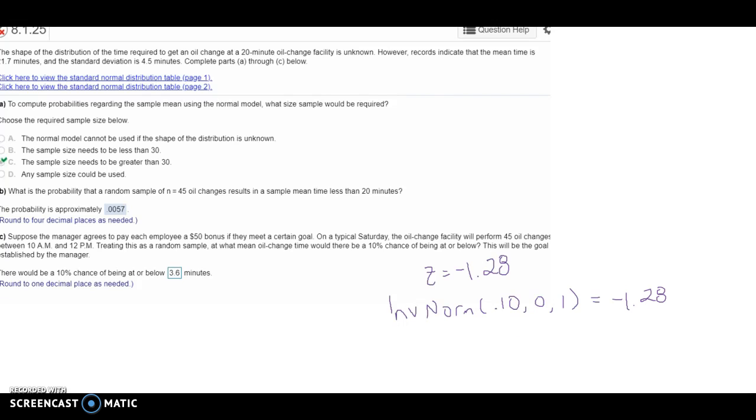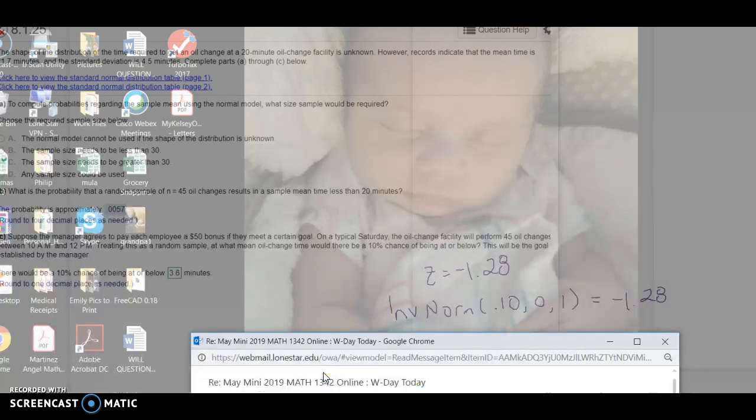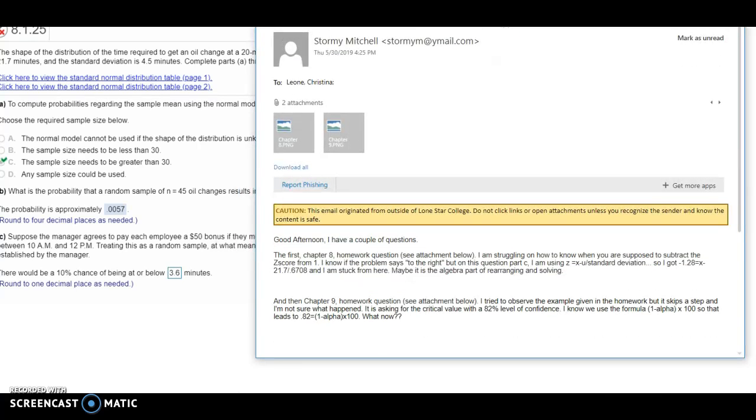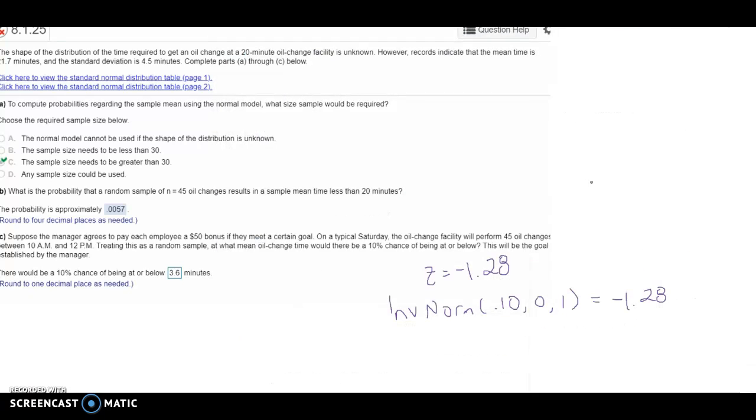Let me check your email real fast, make sure that's what you said. Sorry, let me just double check. Yeah, negative 1.28. Okay. So with that z-score, you can set up the z-score formula, x minus mu over sigma, which looks like you did that correctly. We're trying to solve for x. We know the mean. You put it in the email. There it is,